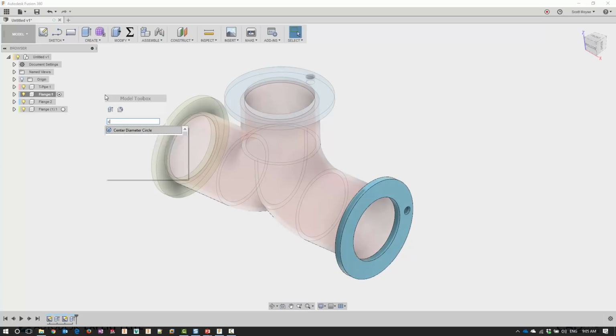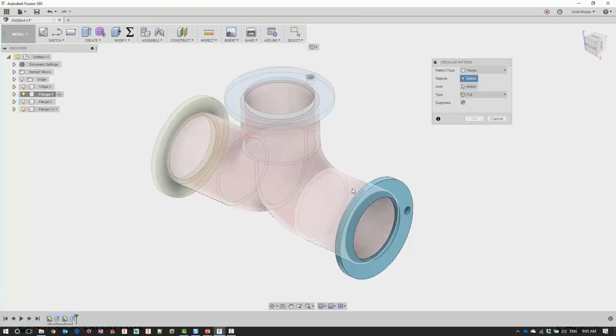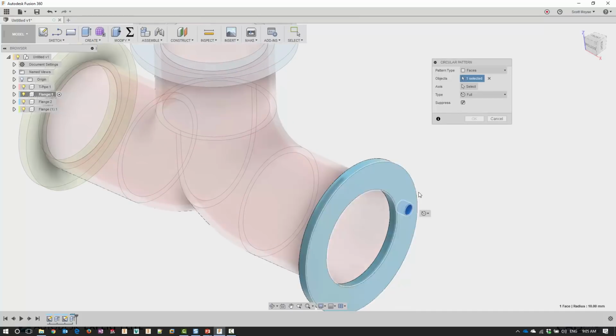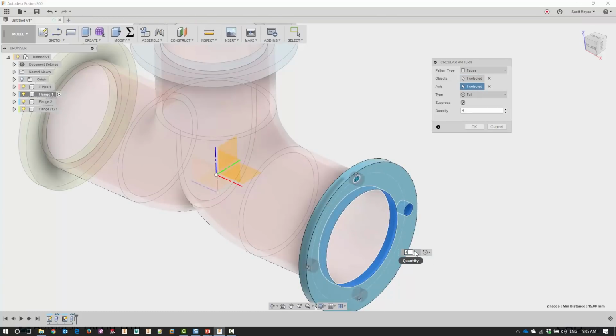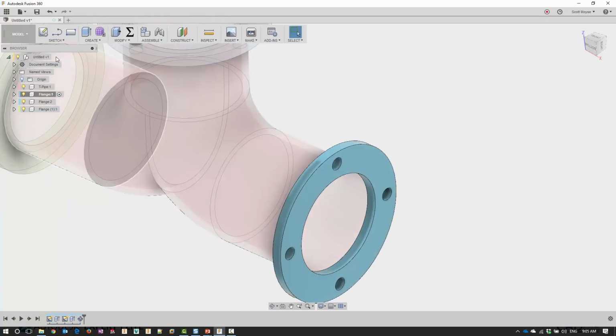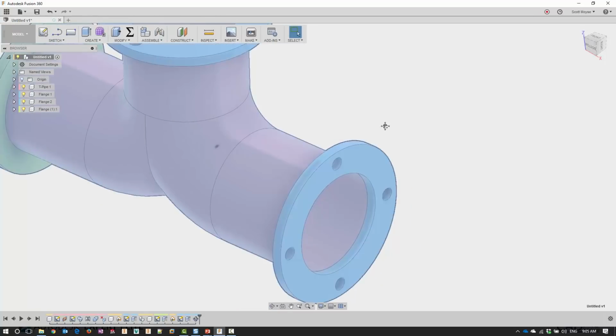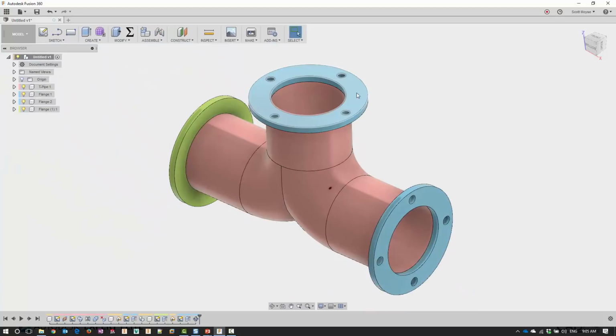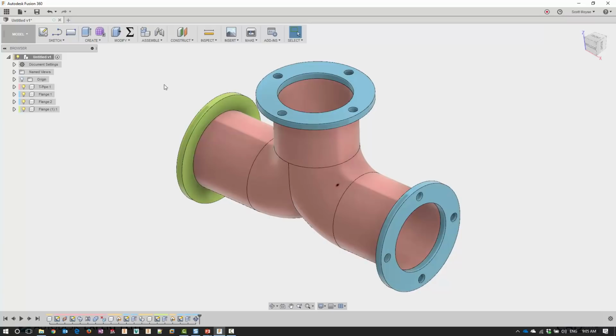So we're going to use the S key here and look for the circular pattern. And we're going to pattern this face 4 times around the center here. Okay, and then finish this component. We'll go back up and activate the top level, and we can see that that copied flange has got the 4 holes on it. So we can actually come in here now and edit this flange,